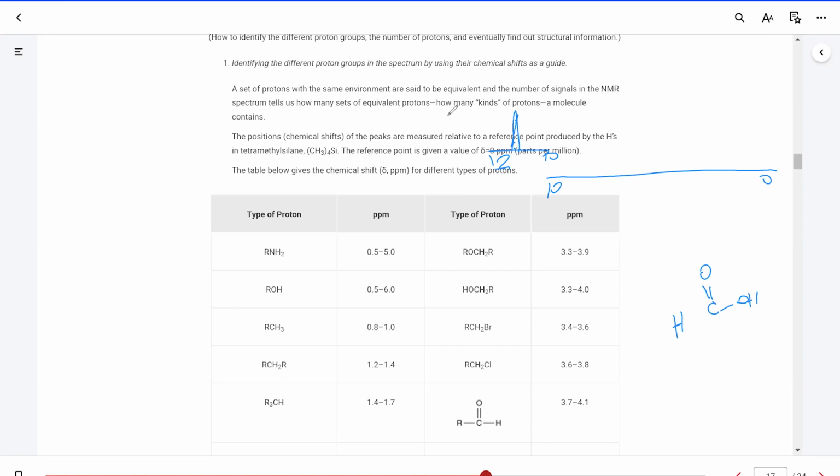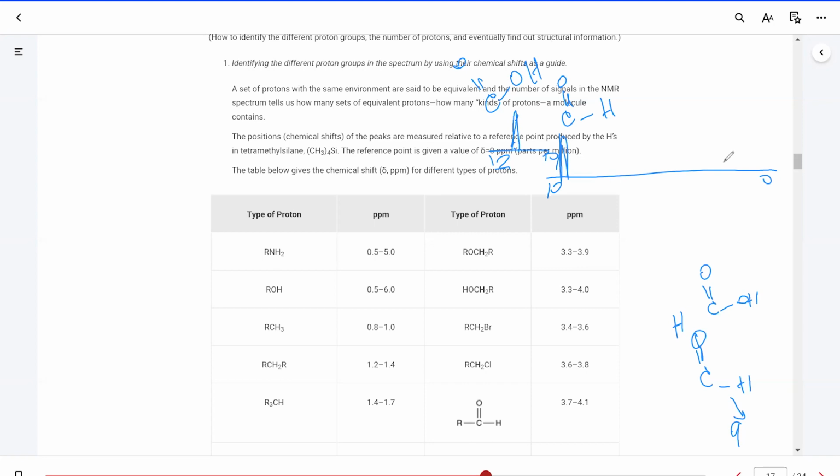If the hydrogen is coming from an aldehyde, this hydrogen would show a peak at 9. So we see 9 for the aldehyde. If you have a peak here, definitely we know that we have CHO, basically an aldehyde. This one is going to be a carboxylic acid. If we have a peak